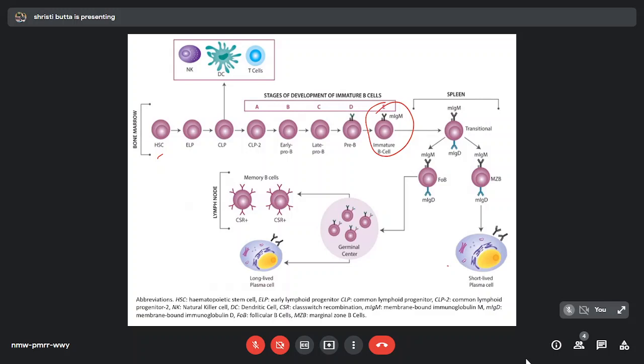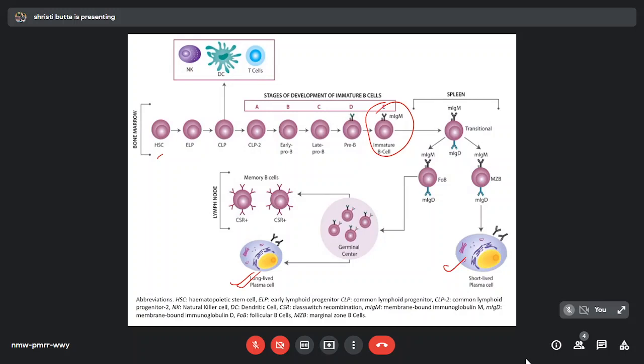The B cell receptors. Now, during the differentiation of B cells, a process of gene recombination is initiated that codes for segments, that is the variable, diversity, and the joining segments of the heavy chain. Similar to that is that of the light chain, where we have the variable and the joining segments of the light chain, bound to the membrane-bound immunoglobulin.